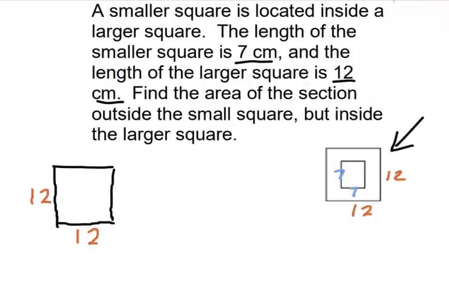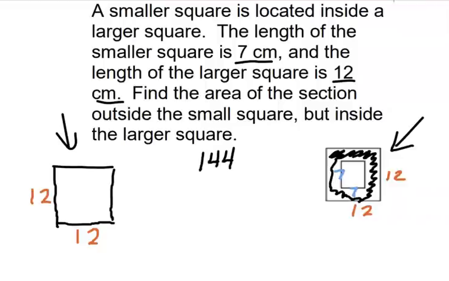Okay, so we're basically trying to find the area inside here, right? So basically I have the square that doesn't have a square inside of it over here, and that whole thing is 12 by 12. So remember, base times height is the area of the square. So 12 times 12 is 144. So the bigger square is 144